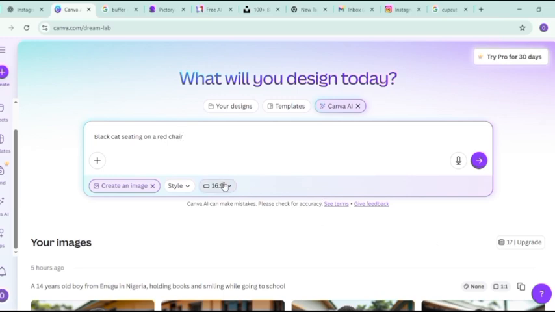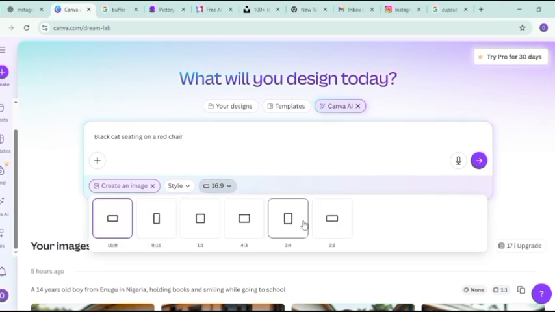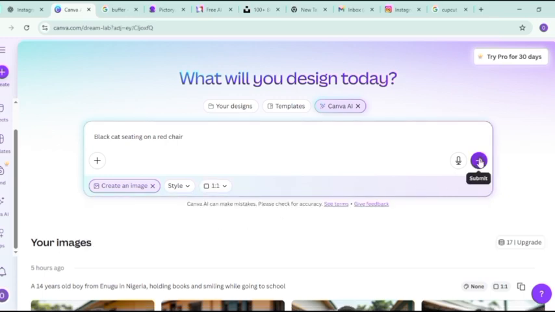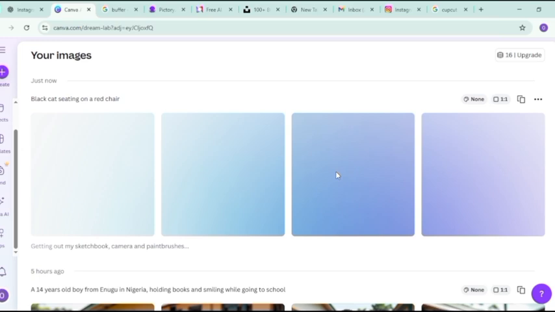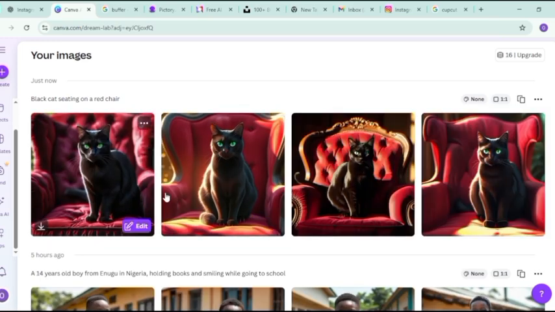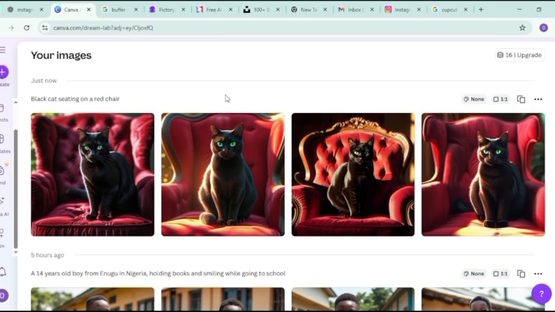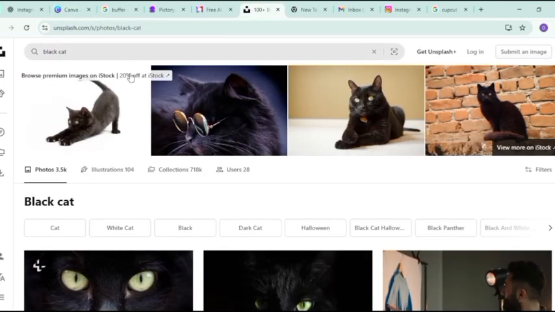All right, so you can also pick the size here, whatever size you want. You can see the typical Instagram size. Let me just pick this one and see, and we'll click on submit. Wait for it to do the magic. If I scroll down, the magic is being done right here. You see, it has generated the black cat for us sitting on the red chair. So you can use Canva to also get your pictures, and you can use Unsplash to get your pictures.